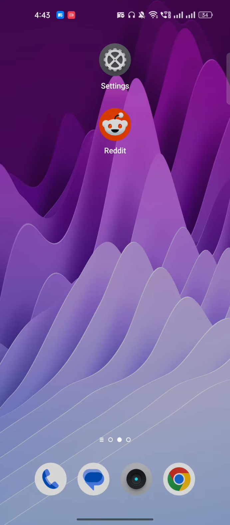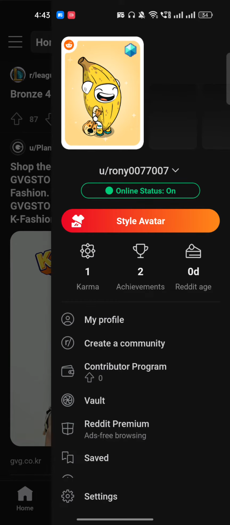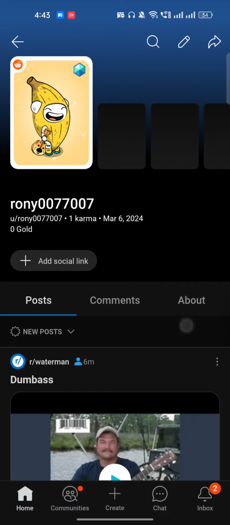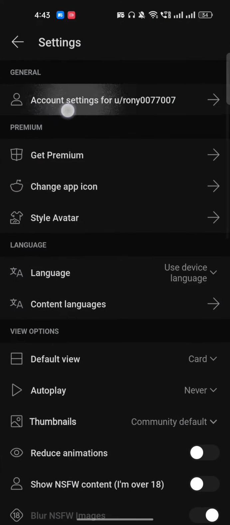Hi everyone, in this video I'm going to show you how to reset your Reddit password. Head over to your Reddit mobile application. Here on the top right, click on your profile icon, then just go to my profile. Once you're here, you will not find any option. So of course you have to just go to the settings, and once you're here, just go to the account